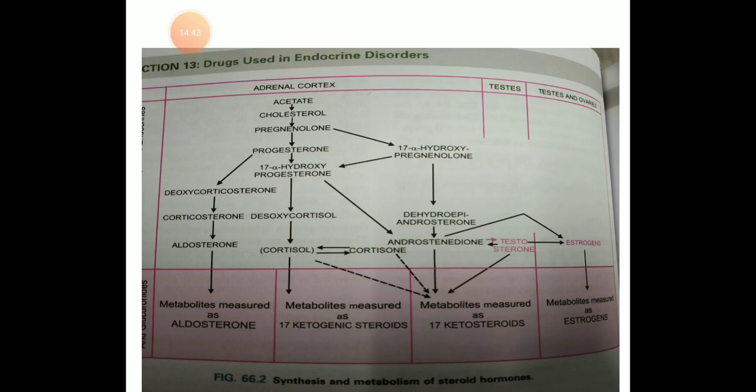different corticosteroids. The steroidal synthesis can be reduced by metyrapone, which selectively inhibits synthesis of cortisol and corticosterone, and it was used for testing adrenal function. It can be reduced by aminoglutethimide, which acts by blocking the conversion of cholesterol to pregnenolone. So this is the action of aminoglutethimide.